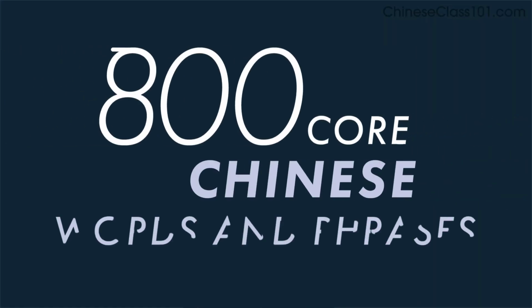In this video, you will learn 20 of the most common words and phrases in Chinese. Hi everybody, my name is Ray. Welcome to the 800 Core Chinese Words and Phrases video series. This series will teach you the 800 most common words and phrases in Chinese. But there's a twist. With each new lesson in this series, we will include the previous lessons at the end. So after you've learned the new words and phrases, stick around and review what you learned in previous lessons. Reviewing is one of the most important parts of learning a language.